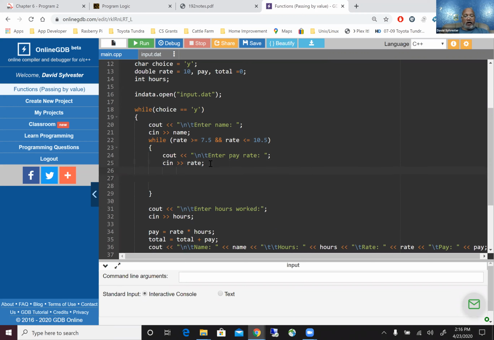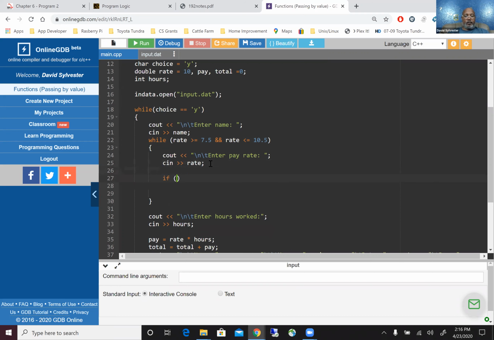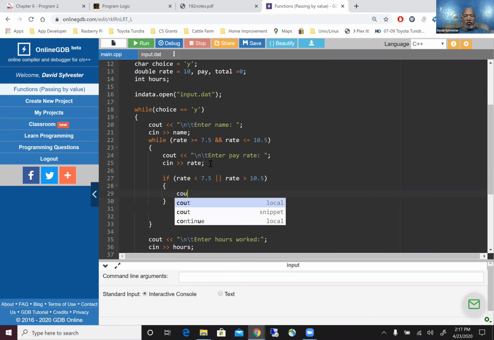So I have to say, if rate is less than 7.5, where's the R? Rate greater than 10.5. And then now I could say, okay, do whatever, cout